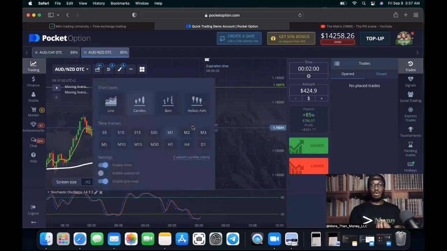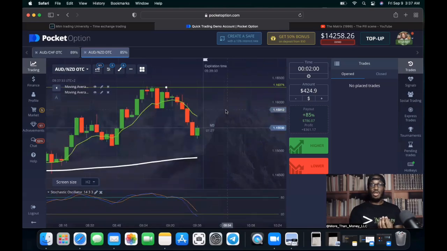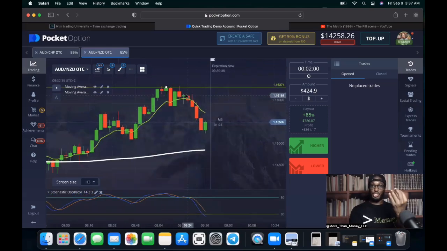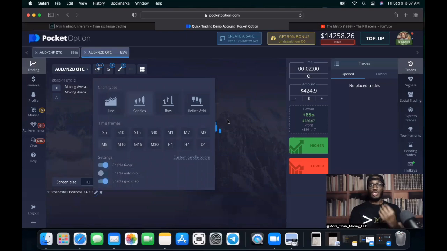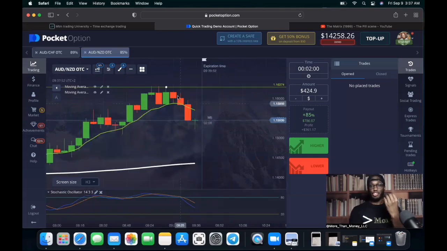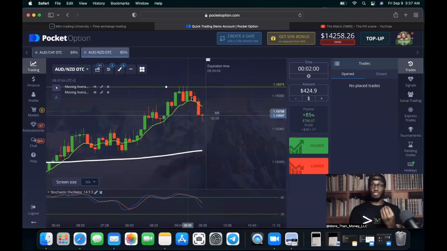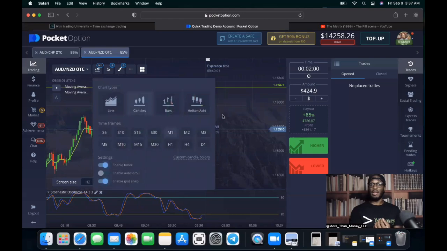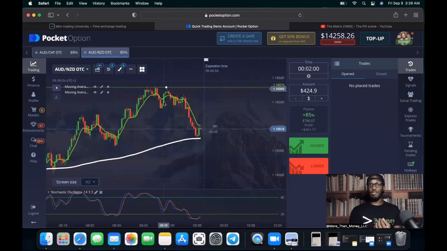So again, on the 3-minute, we see more of a general view of the push. So we got some general strong downward movement, so we want to be careful. Even though it is in a slight uptrend, we have near past strong bearish movement. We look at it on the 5 to see what is the general movement in the near past. Strong bearish movement. Those are some strong candles. So we got to understand that if we're going against that on the 1, we're going against some strong bearish movement.